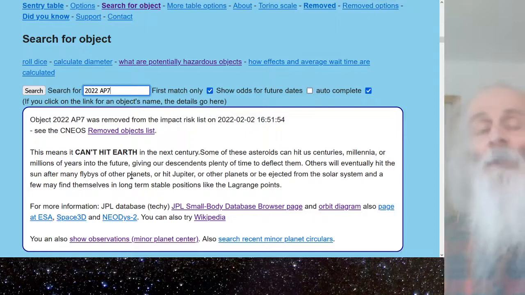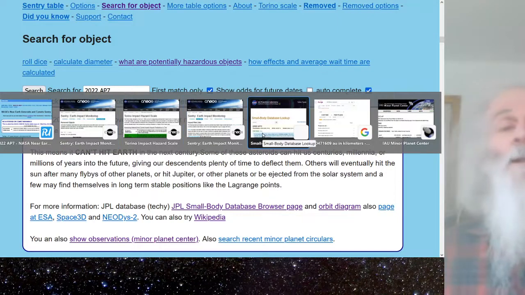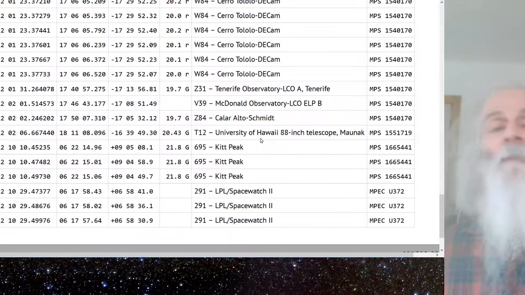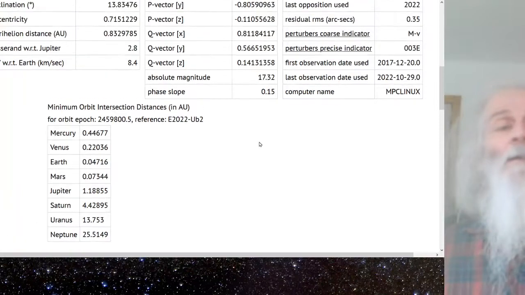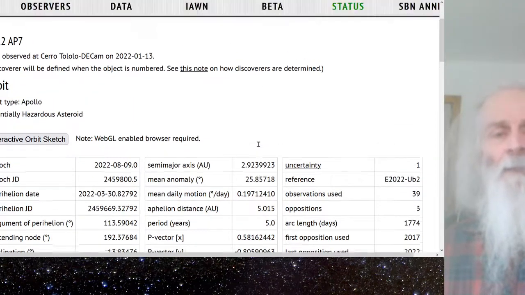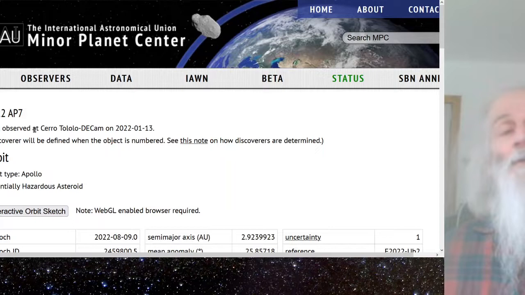If you click on Show Observations, then that takes you to the Minor Planet Center. See if I can find that page, Minor Planet Center. And this shows you all the observations. So I'm looking at 2022 AP7, which is the one that we're interested in. And so it was first observed, it tells you at the top, it was first observed on the 1st of January,